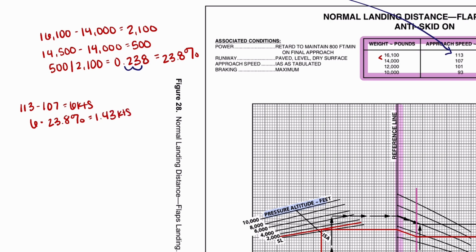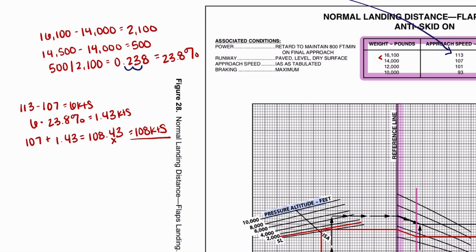So now we'll take 1.43 and add that to 107 because we're adding that percentage to the lowest number. So 107 plus 1.43, and that is going to equal 108.43. We won't round this up, so we'll just make this 108 knots